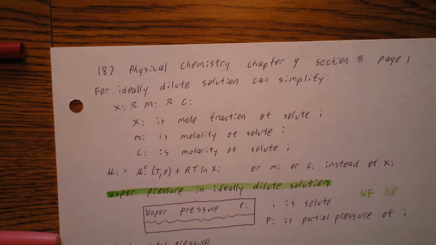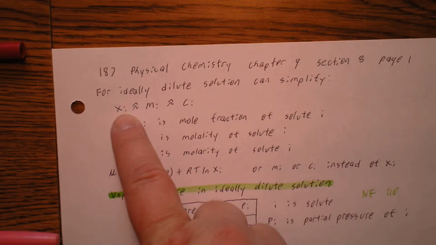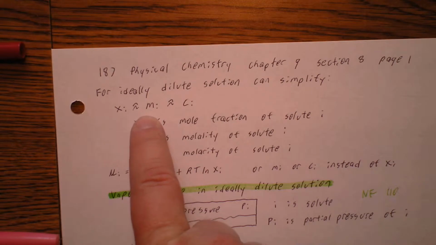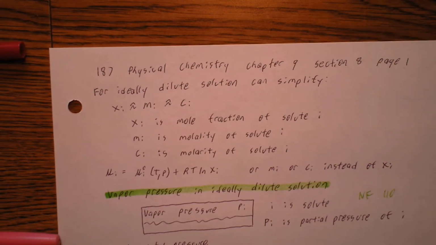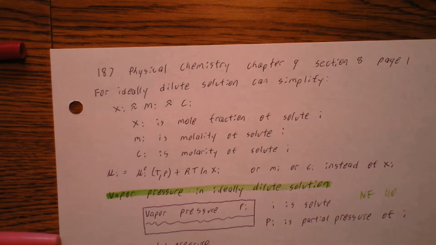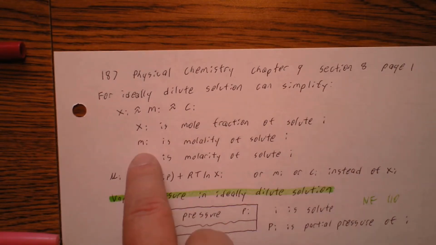Continuing on physical chemistry, chapter 9, we're in section 8 now. We're going to be talking more about ideally dilute solutions. Now, for one thing, the concentration of the solute is so low that we can just say that the mole fraction is roughly equal to the molality, which is roughly equal to the molarity, just because they're all roughly zero anyway. So the chi is the mole fraction, remember, m subscript I is the molality, and then c sub I